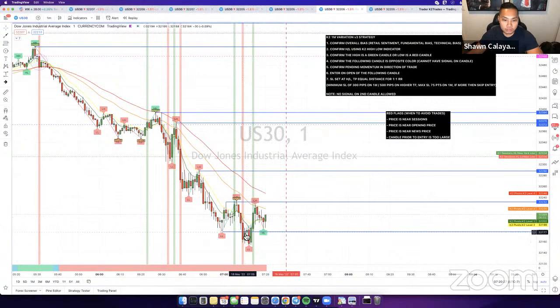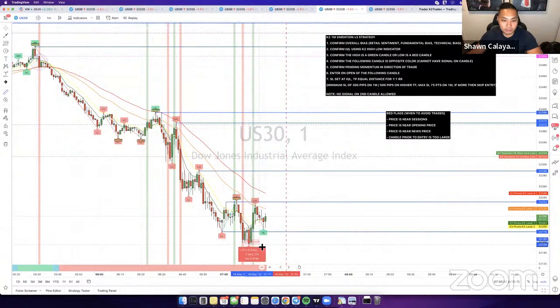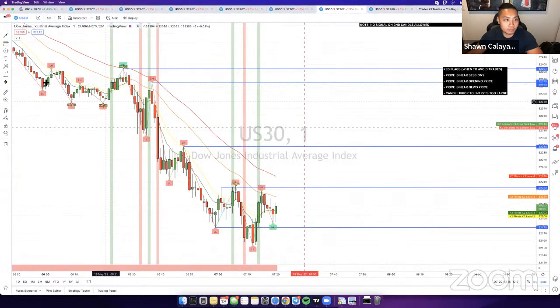So for the most part, this triple confluence right here, and I'm pretty sure this is the one you're referring to, was just way too big. Looks like it dropped in profit slightly. Actually, it looks like it might have hit TP. So I mean, depending on where you entered the trade,